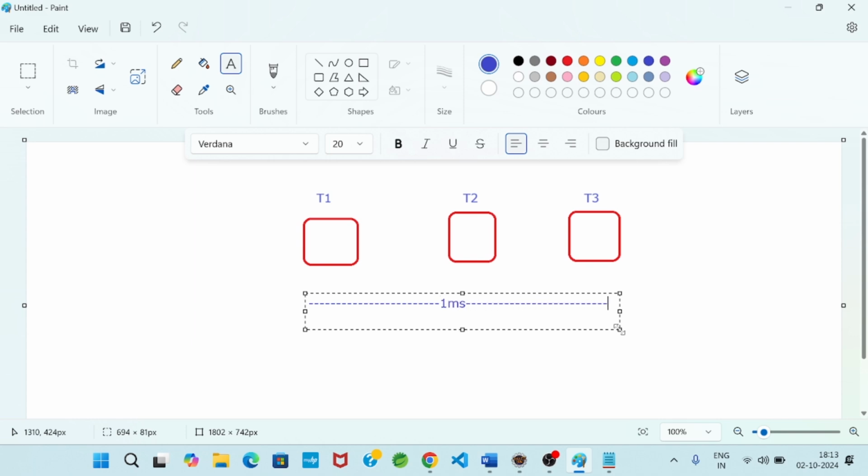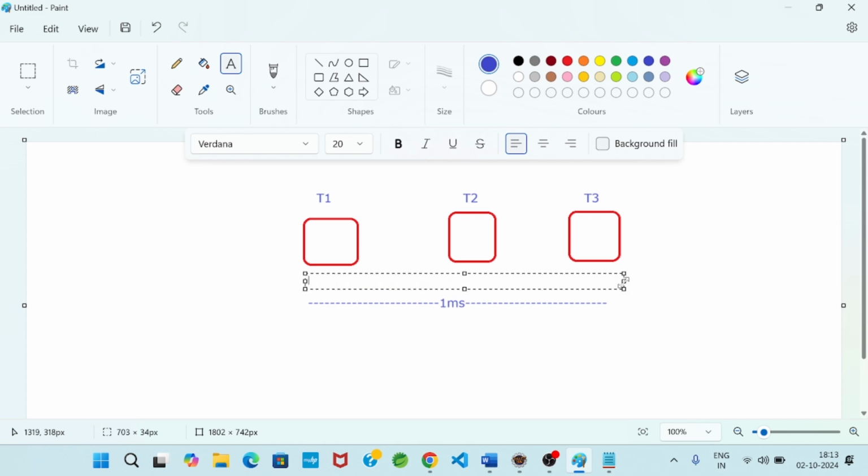So the time slot is allocated by the operating system. That means within 1 millisecond, T1, T2, T3 have to complete their execution. Then definitely T1 will take 1 by 3 millisecond. Similarly, T2 will take 1 by 3 millisecond, and T3 will take 1 by 3 millisecond. So within 1 millisecond, T1, T2, T3 will complete their execution.